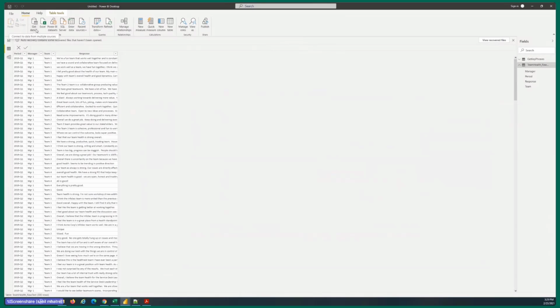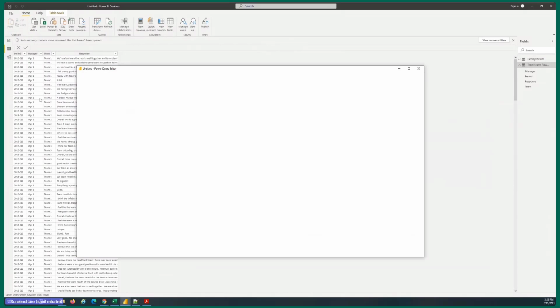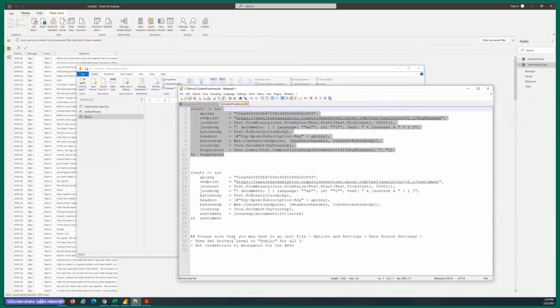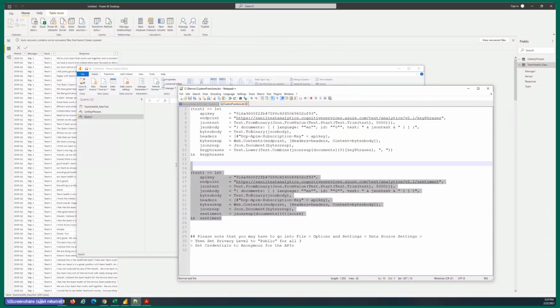Okay. And I'm going to go through the get data blank query menu one more time, and use my second function text over here to add the sentiment score function.